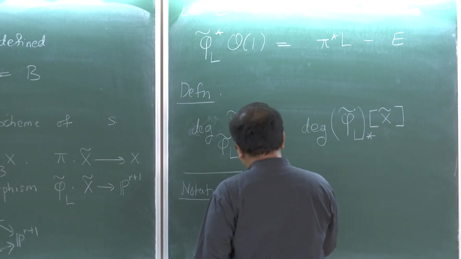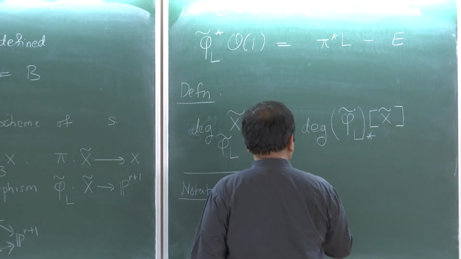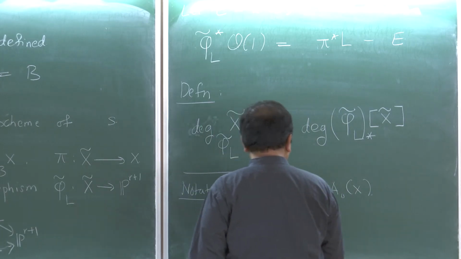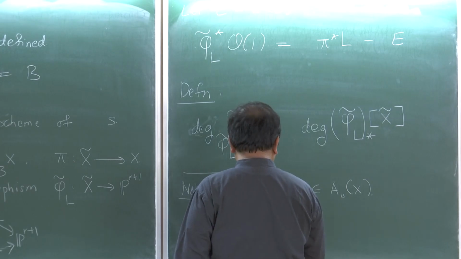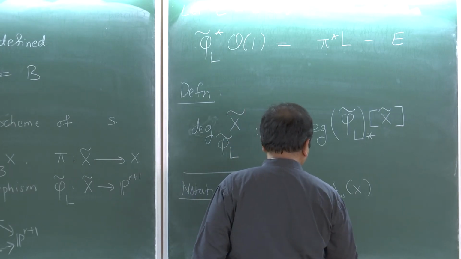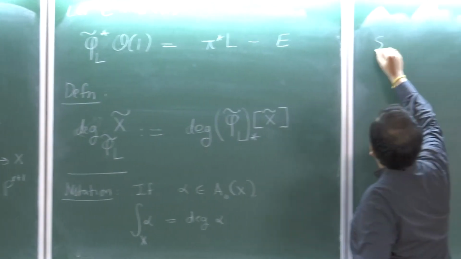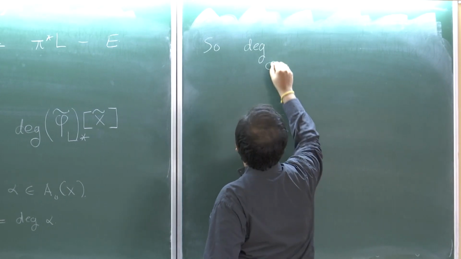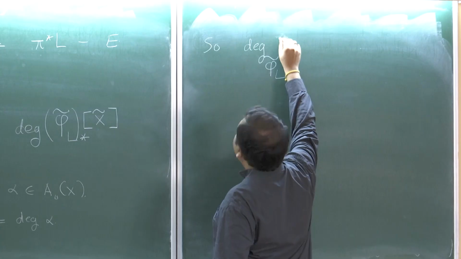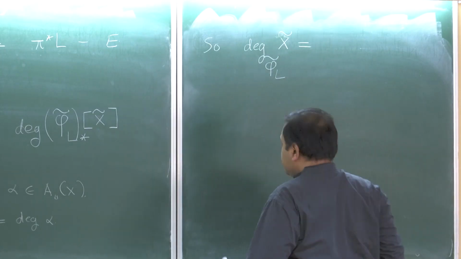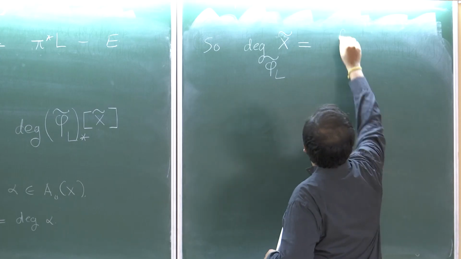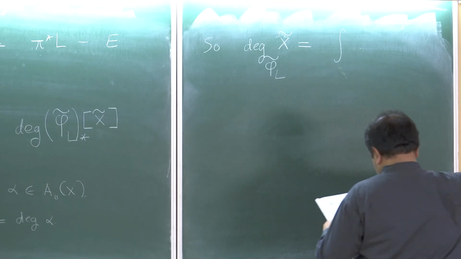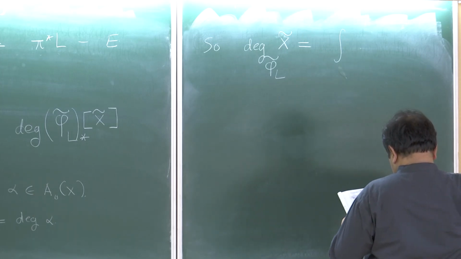that if alpha is in A naught of x, then I define the integral of alpha on x to be equal to the degree of alpha. So degree of phi L tilde of x tilde, this is equal to the integral on x tilde